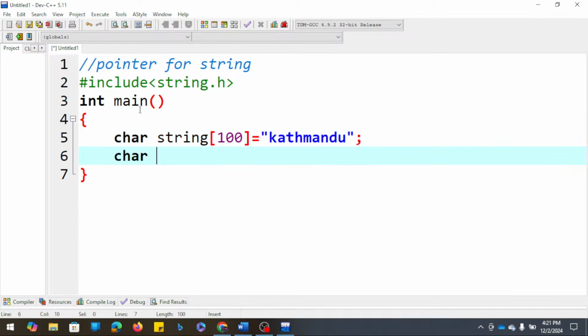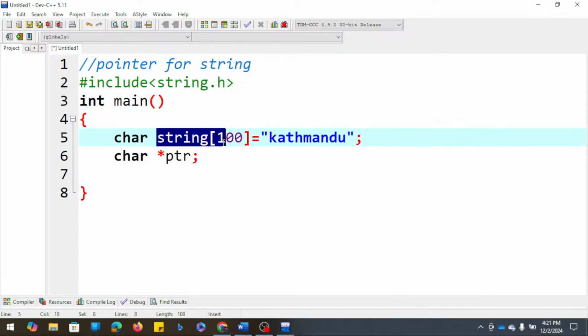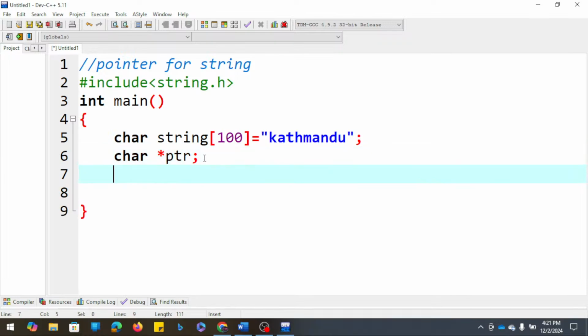Let's declare a pointer here. Now I just said that we discussed a string is terminated with the null character. Meaning at the end of this string we can find the null character, and here is a pointer to the character. So what we need here is just to put the first location,